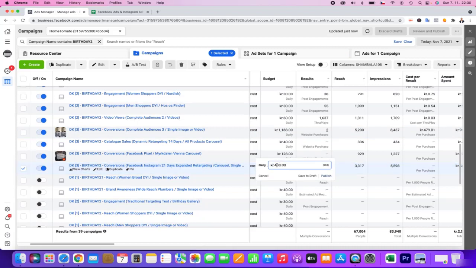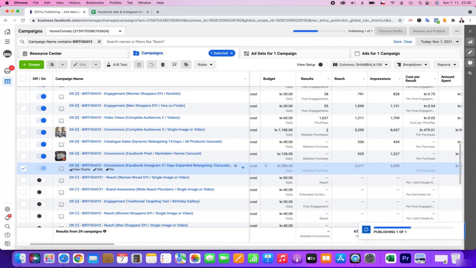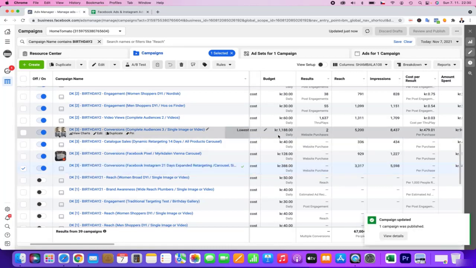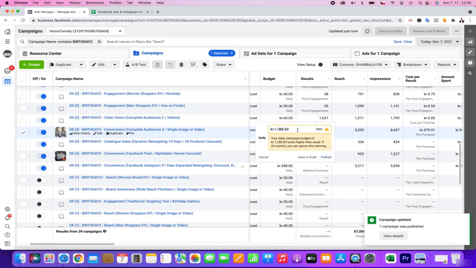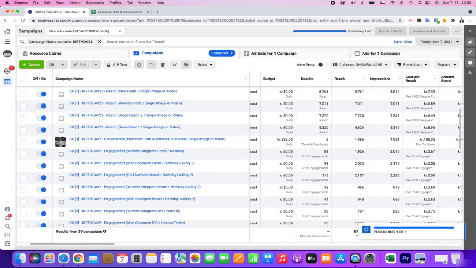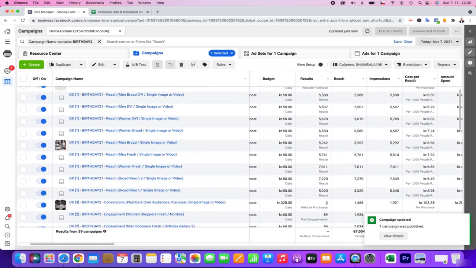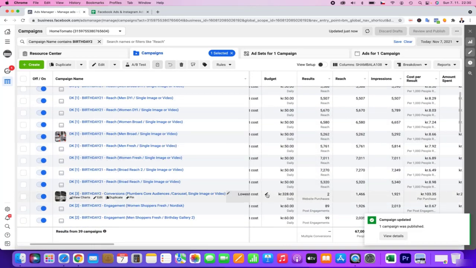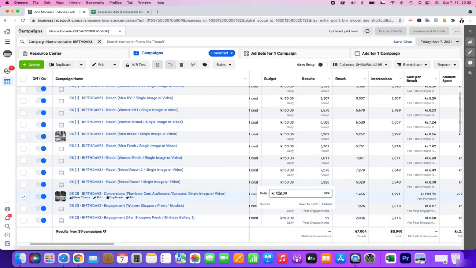But what I'm going to do is give more power to these plumbers, because they seem to be doing extremely well. I'm definitely going to give them some more power because they deserve it quite a lot.